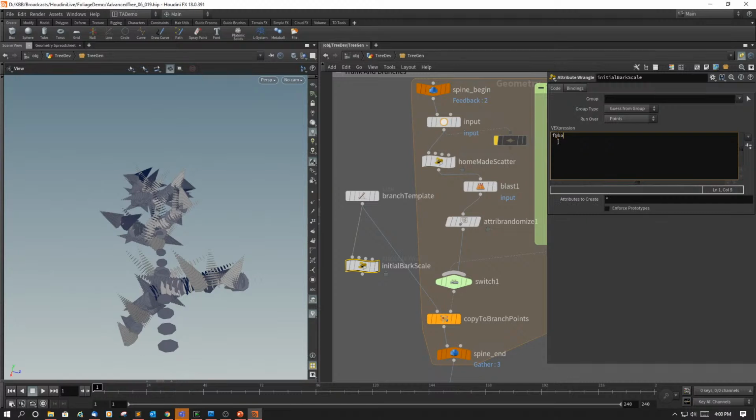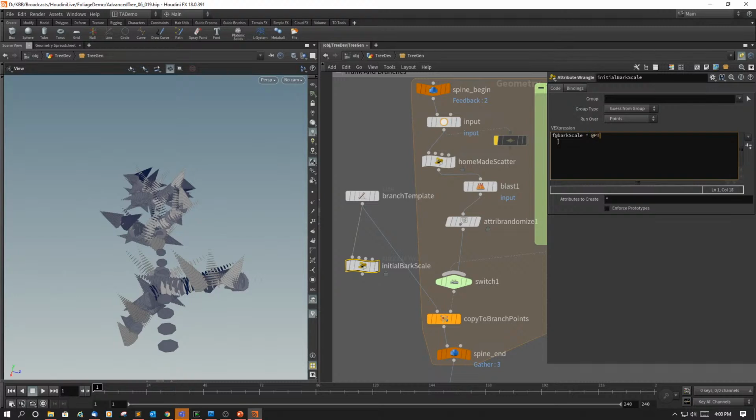I'm going to call this Burp scale. And we're going to say equals. Okay, and so what we're going to do is just give it a gradual progression. The Burp scale is going to start at the base and it's going to get small. And we're going to start off just by creating the ratio of